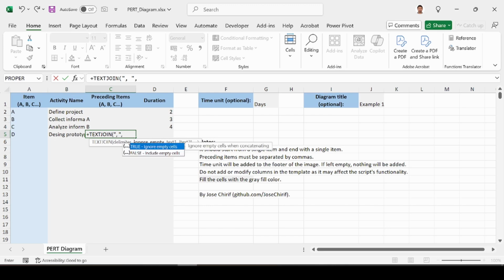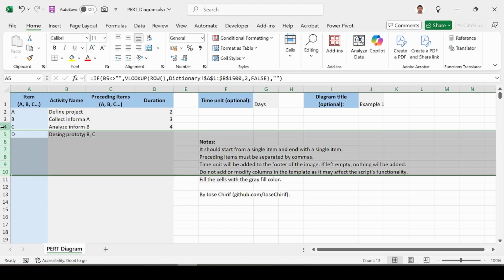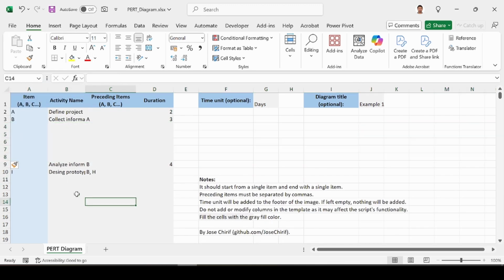If I want to ignore empty cells, it's the same, because I will use all the cells. And now B and C, and it's the same. The advantage of that is, if I put some new cells over here, this cell will be automatically updated.